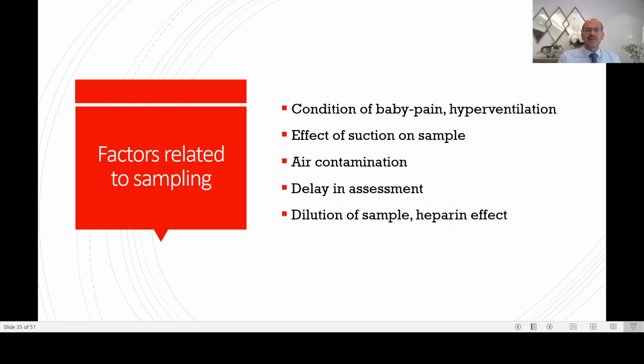So the condition of the baby is important. If you are pricking the baby immediately and it's not through an arterial line, then the baby may have pain, and hyperventilation affects the carbon dioxide and so on. The perfusion may drop as well, especially if the baby has labile pulmonary pressures. The pulmonary hypertension may drop the PaO2 as well. So it's better to have a line in place for a very sick baby, and if you don't have a line, use comforting measures or oral sucrose, for example, to reduce the pain when you're sampling.